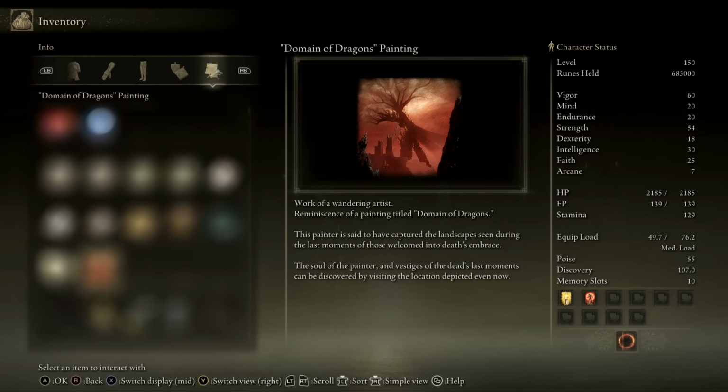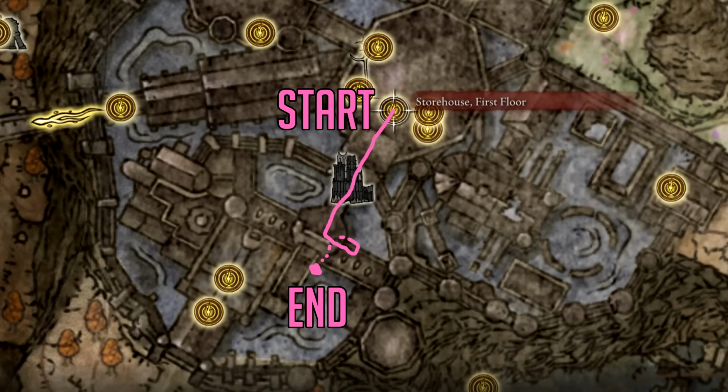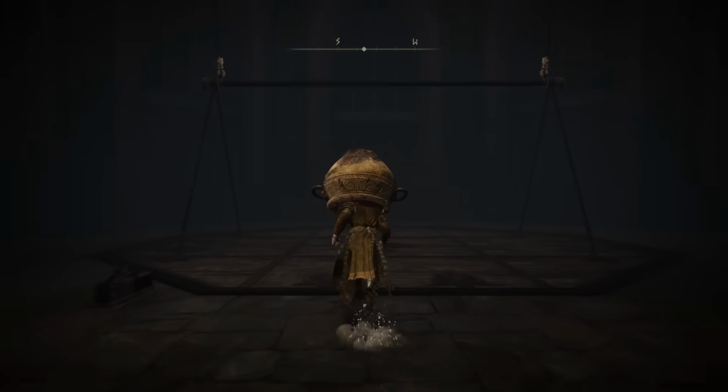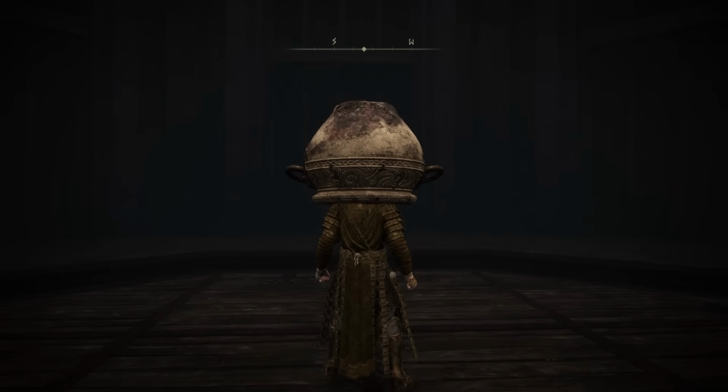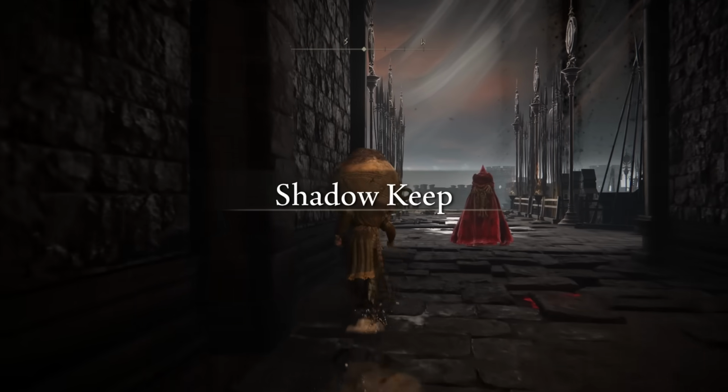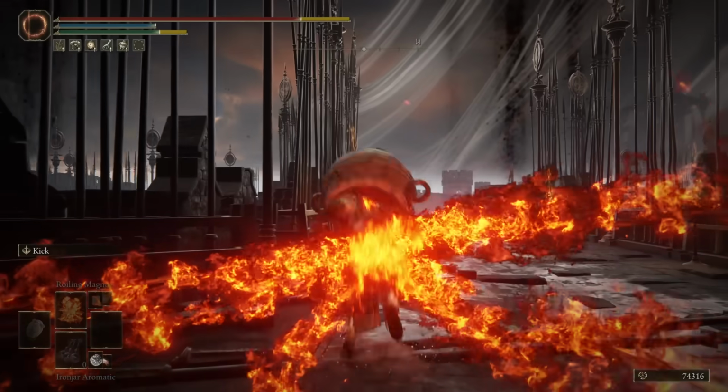Second up today then is the Domain of Dragons painting, and the painting itself is located in the Shadow Keep for this one. Specifically it is a bit backwards from the Storehouse first floor site of grace as the closest one to it. From this grace, go back down the elevator that you used to get up here to begin with, then when you are at the bottom, head past the Fire Knight that spawns down there, take a left